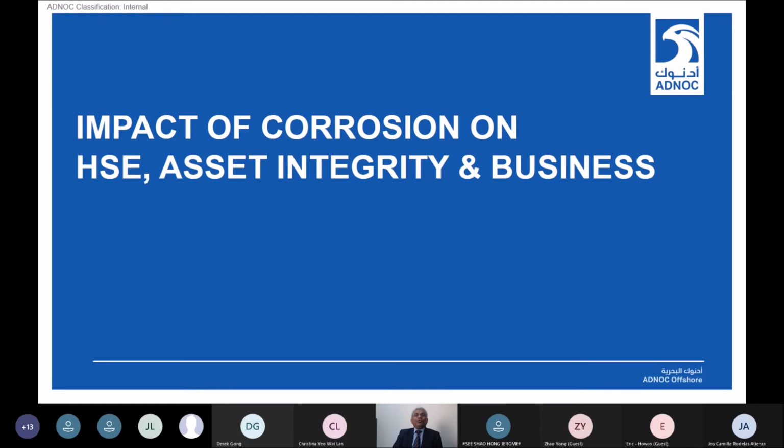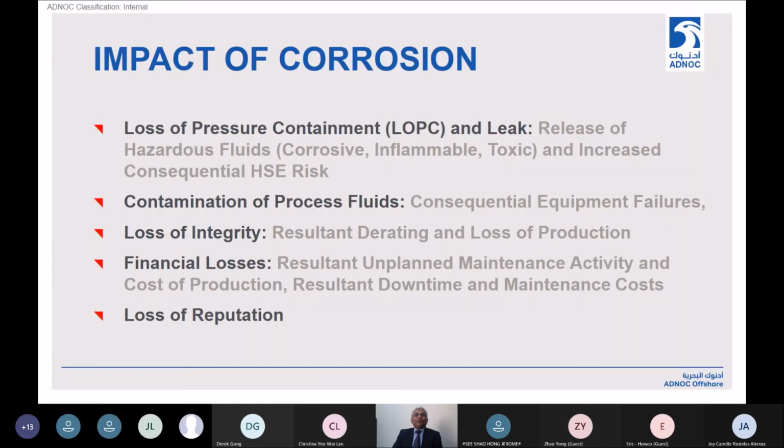To then run you through the impacts of corrosion on HSE, asset integrity and business, needless to say, corrosion results in major issues in the oil and gas business particularly. You can have loss of pressure containment. It's a very important aspect. If you have loss of pressure containment or a leak, you have possibly toxic,